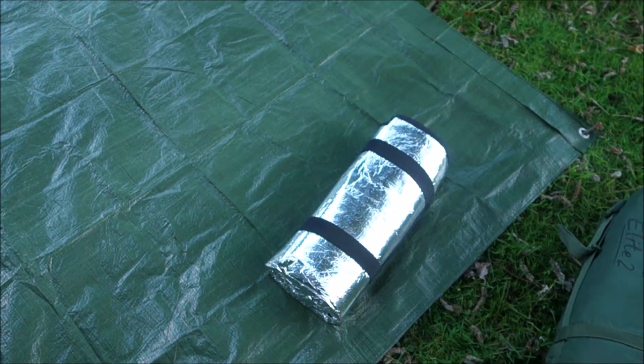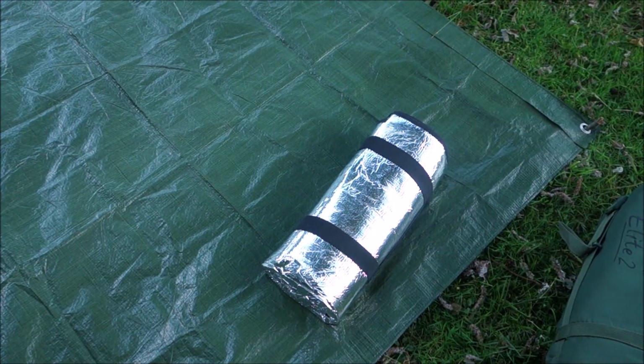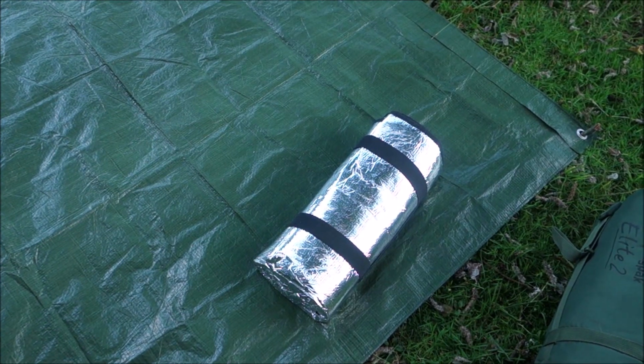And I've only got a basic silver reflector mat there, guys. We never needed air mats years and years ago. I've been camping since I was 16. Never really seriously up until the last few years. 4 or 5 years maybe since I've been doing the Y Explorer project. But